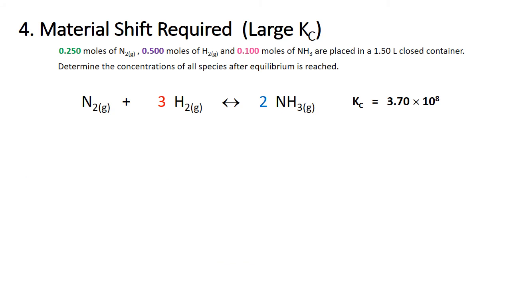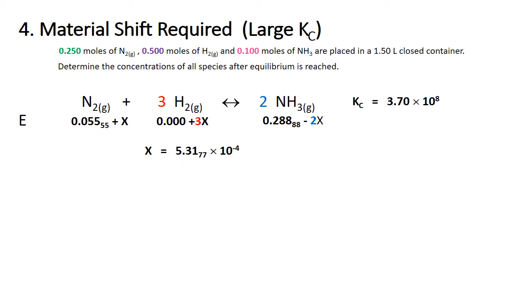We can now finish off problem number 4. We've done the material shift, we've solved the ICE equilibrium problem, and now we can start thinking about what the equilibrium concentrations are. From our ICE problem, we know that the equilibrium levels are given by these three mathematical expressions, and furthermore, we were able to solve for a value of x rather easily with our x is equal to 0 assumption used. And now what we would need to do to finish off the problem is calculate equilibrium concentrations,